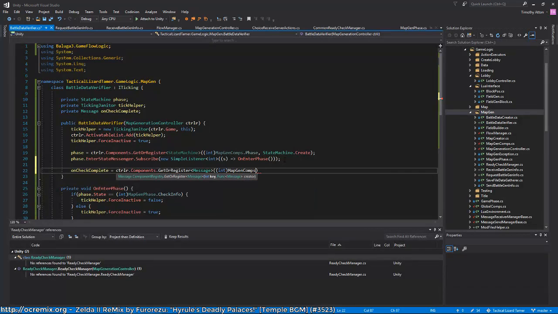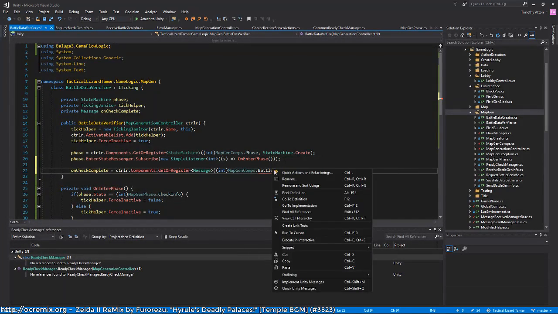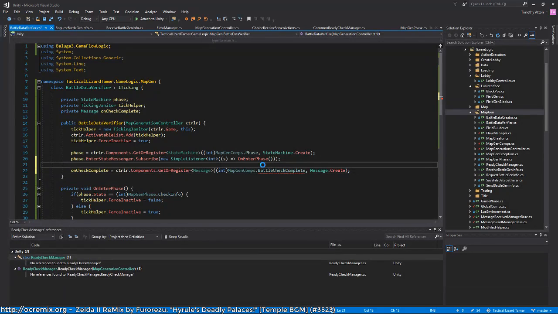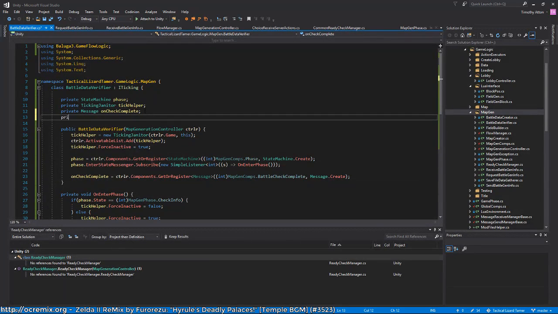Engine comps. Okay, so battle check complete. And then I guess I'll also need